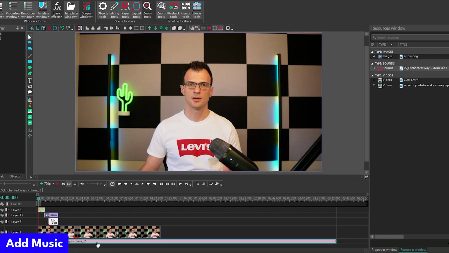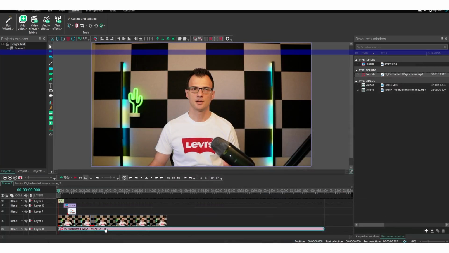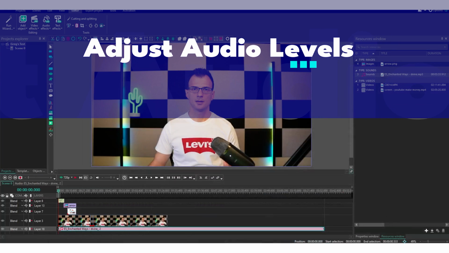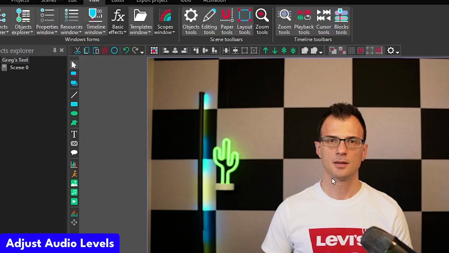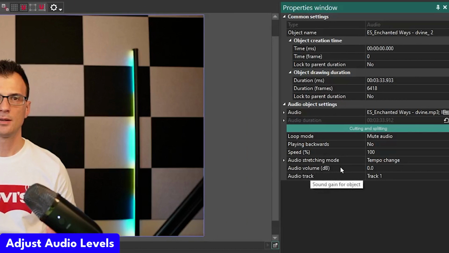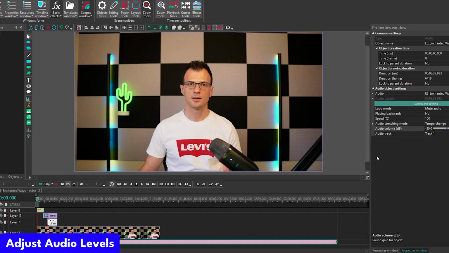It's definitely too loud. It drowns out the sound of the voice. So you can change the volume of it. To adjust the volume, just click on your music clip, and then at the top under view, go and open up the properties window, and this is where you can change the audio volume. As a rule of thumb, the background music sweet spot seems to be around -32 or -30, but just play around with it, preview it, preferably in headphones, and get the volume just right so that the background music does